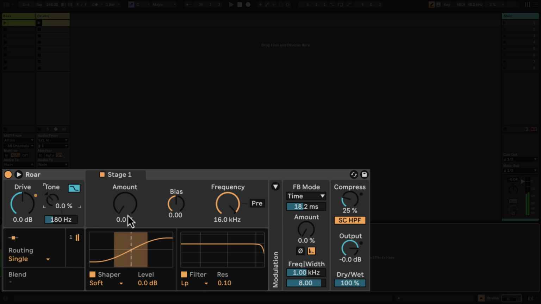Let's turn up the wave shaping amount and turn up the tone. Notice how when I really crank the tone, it sounds quite harsh. But if I turn on color compensation, Roar applies a mirrored version of the EQ the tone knob is creating before the output. On negative tone values, color compensation prevents the low end from distorting too much.